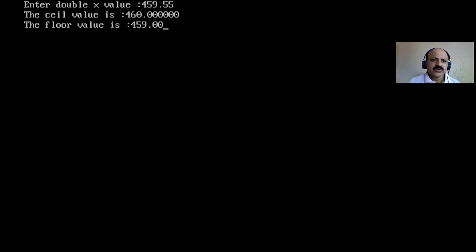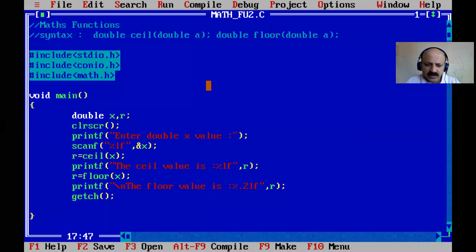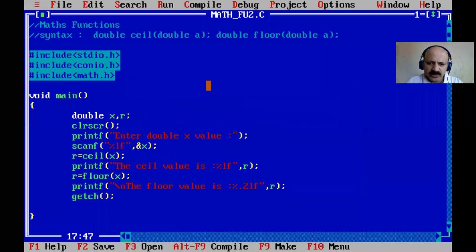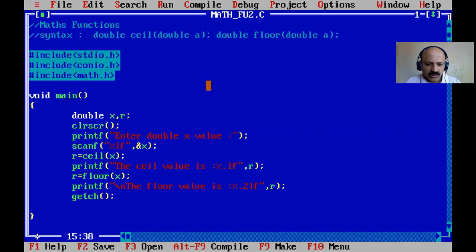Okay. And also we can see in our output, ceiling is 160, but floor is only 159, because we have to restrict here to .2, that is only 2 decimals. So here we can also take that 2 decimal point.